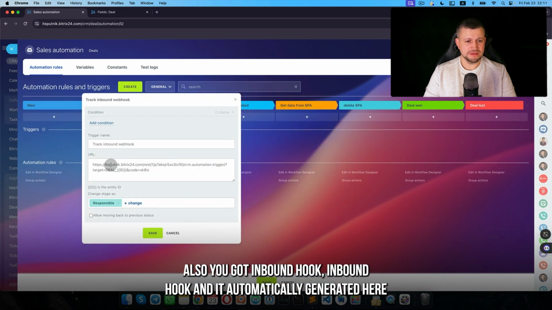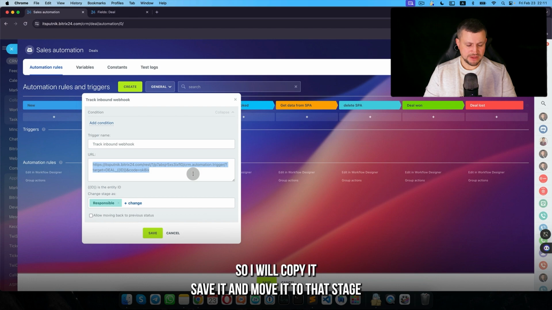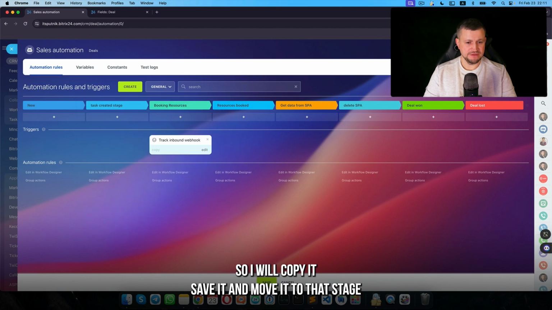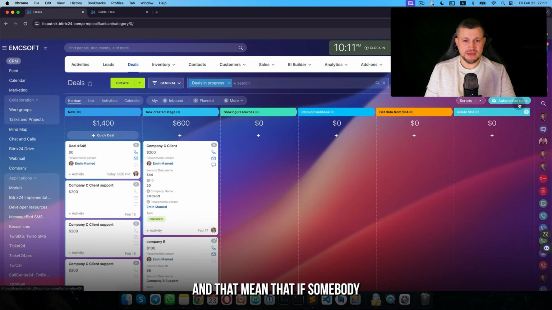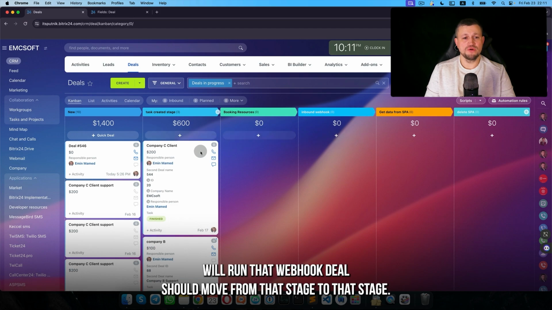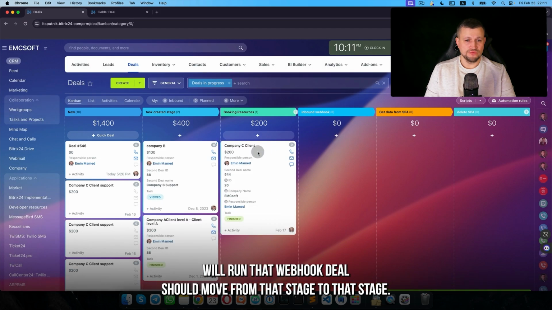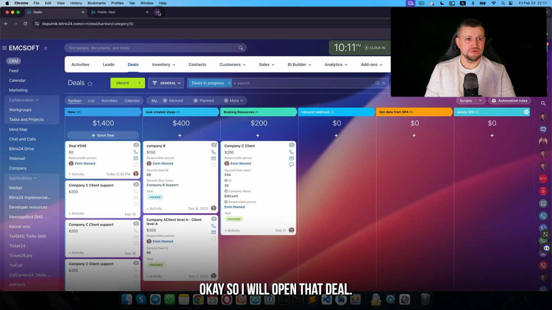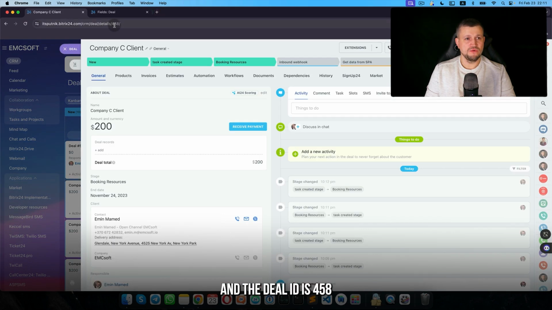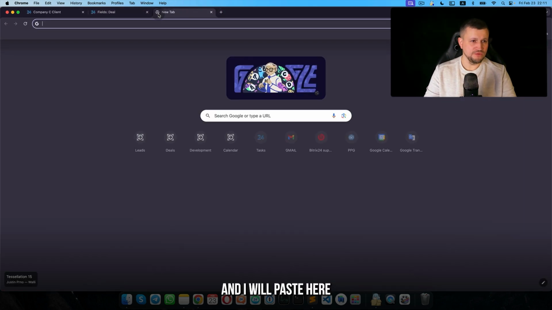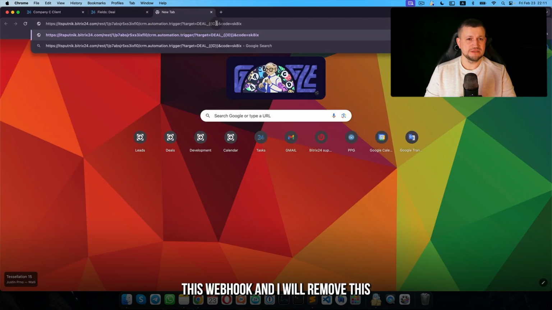and it is automatically generated here. So I will copy it, save it, and move to that stage, and I will rename that stage to inbound hook. And that means that if somebody runs that webhook, the deal should move from that stage to that stage. Okay, so I will open that deal, and the deal ID is 458, and I will paste here this webhook,